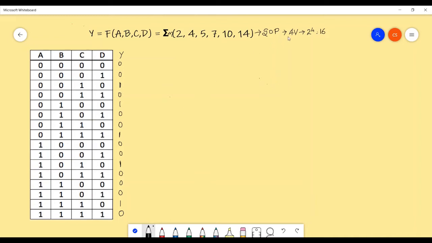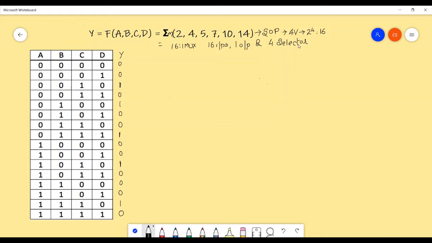But the question what they are saying is, this is a 4 variable expression. So when I say it's a 4 variable expression and you want to implement it using a multiplexer, normally I need to be having a 16:1 multiplexer. I need to take a 16:1 multiplexer with the 16 inputs, 1 output and 4 selector inputs.